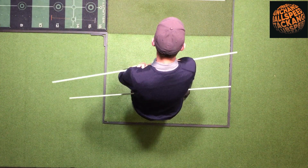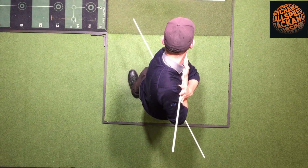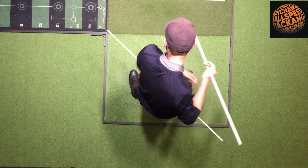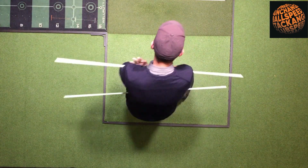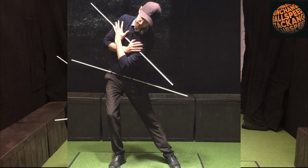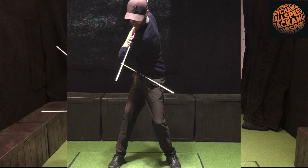And then from here, I'm going to make my turn. You can see from above especially how my hips are going to turn, and my shoulders are going to turn much more than my hips. If I have trouble with rotation, by all means, your left heel can come off the ground to allow you to turn much more. It's not a sway. There's no sway going on. We don't want that. It's a turn. And then from there, I go forward